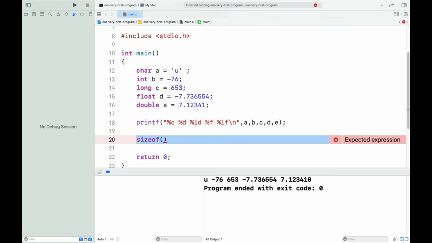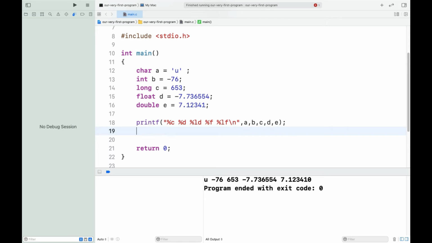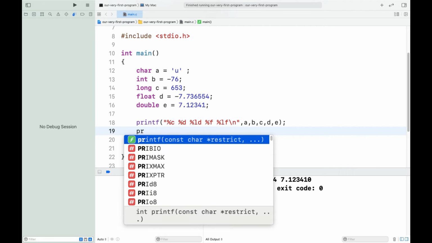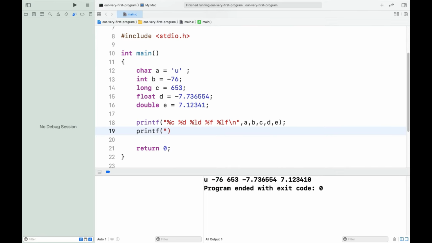It will just return the number. It is not going to print it out on the console. So we need to use the printf function for printing that number, the number of bytes. So we are going to use the sizeof function inside printf. We have the printf function, then we have the formatting string. I need to write %d 5 times because I have 5 variables, and the output of sizeof is obviously an integer.